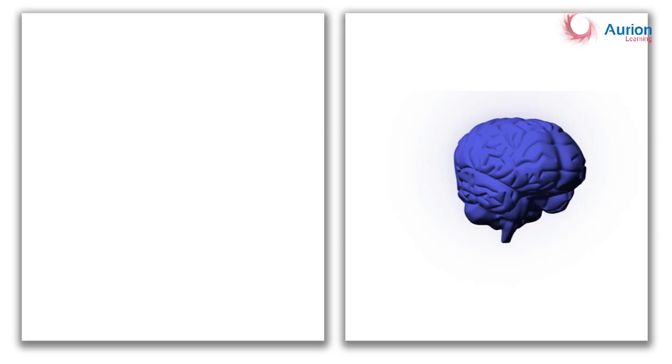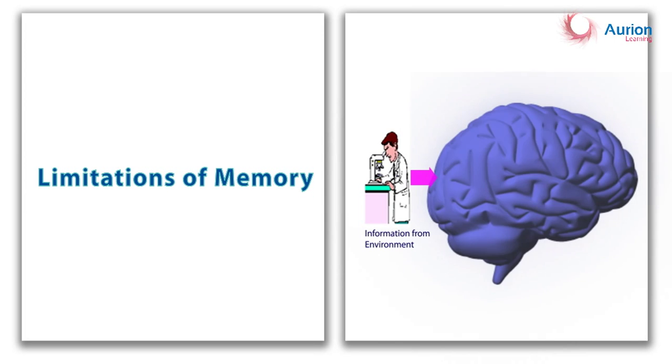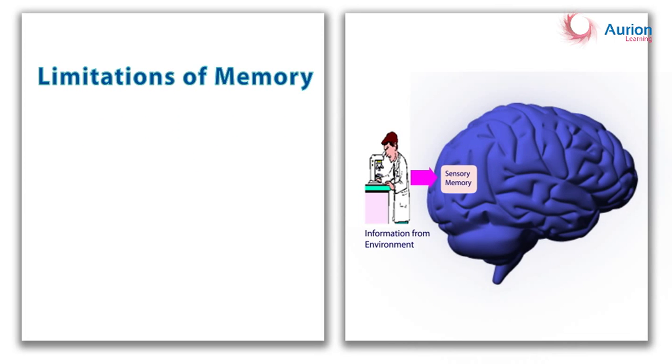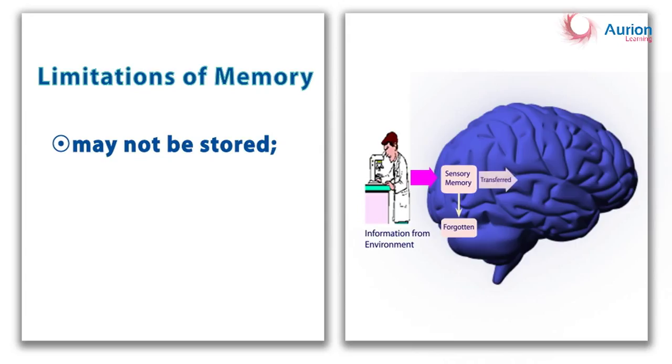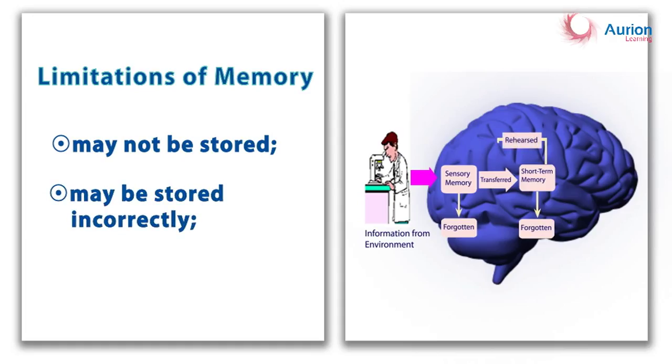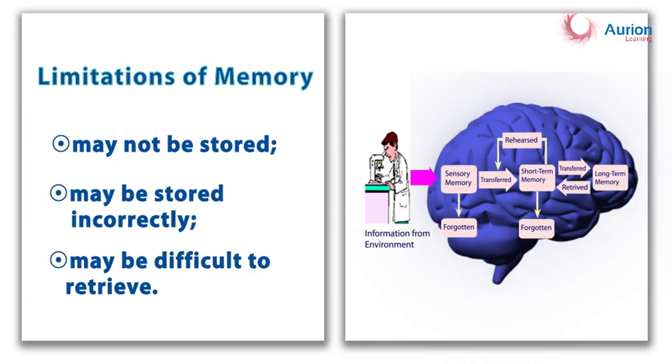We finally move on to the last part of this module, which is the limitations of human memory. We may see something, but not remember it. Very often, we think we remember something, but actually, we may have forgotten one crucial step in a process. And sometimes, although we know something, it has remained unused for so long that we are unable to retrieve it. In short, human beings forget.